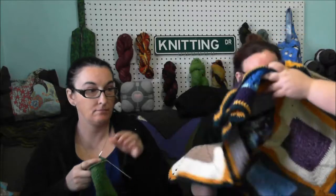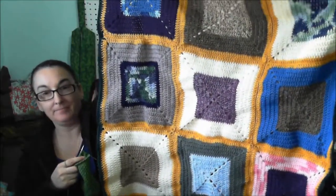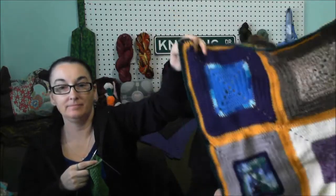Lynn has an FO. Lynn has a foe. Whee! Oh! It's a baby blanket. Yes, it is a baby blanket made out of random squares. And basically just crocheted around each...